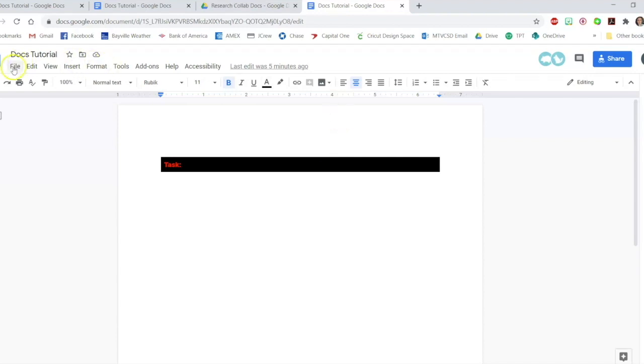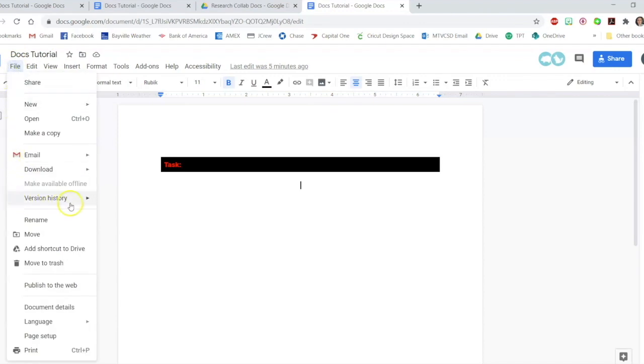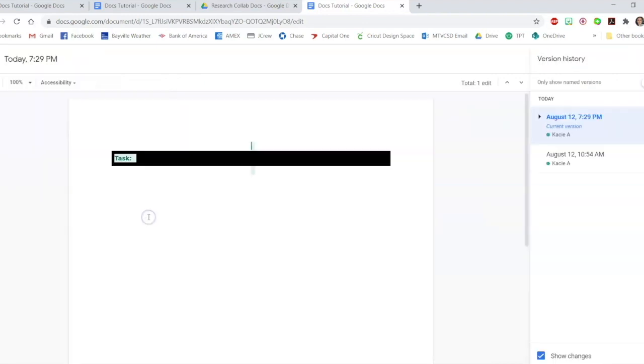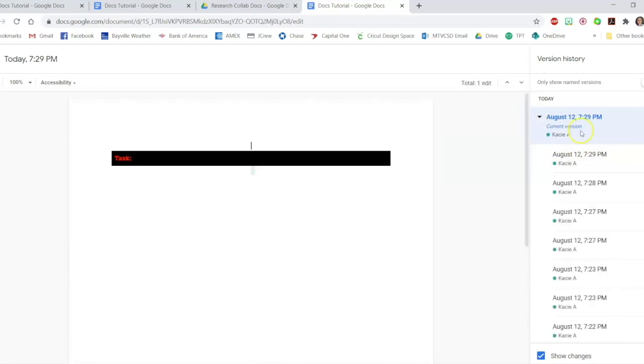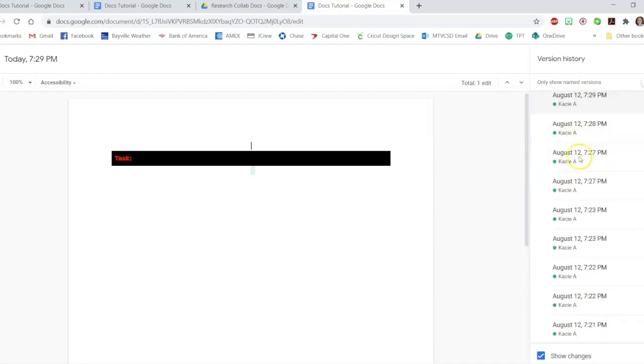When you go to File, and you go to version history, you have two options: to see all the version history and to name this current version. So first, if you click on version history, you can see the name of who is contributing, who made any changes. It will break it down by time if there were a great deal of changes in a short span of time,